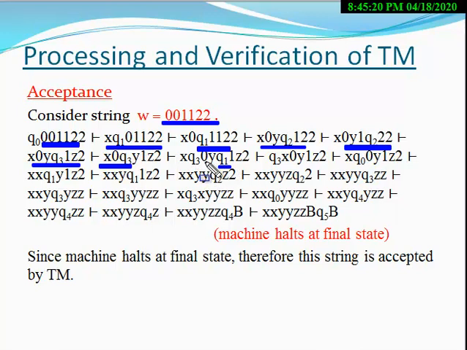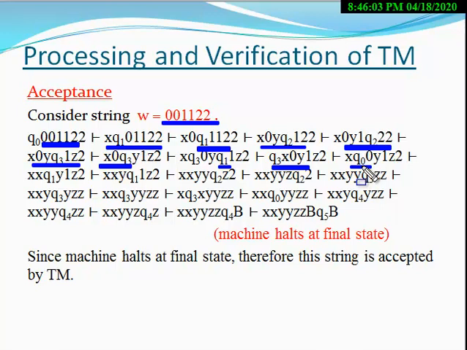Now at state Q3, 0 appears, the machine moves in the left direction. Now look here, at state Q3 X appears. As soon as the tape symbol X appears at state Q3, the machine moves in the right direction and the state changes to the initial state. So now the machine goes to the initial state and moves right. Now you have to repeat the same cycle. We started from Q0, and now again we reach Q0.